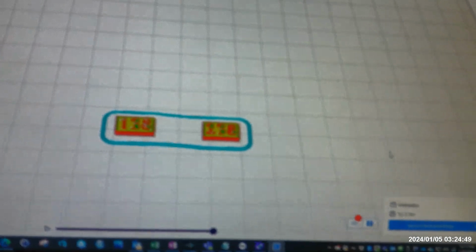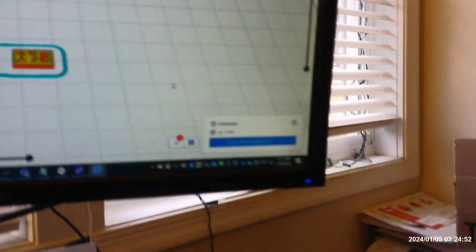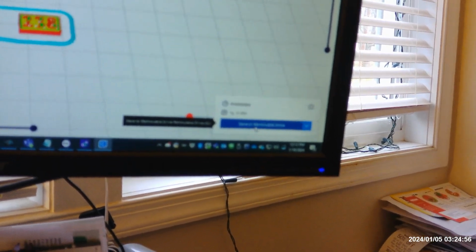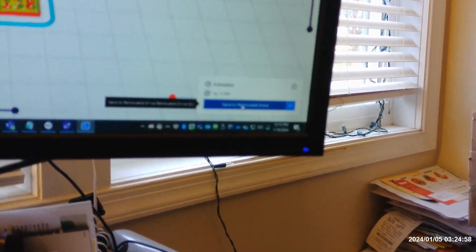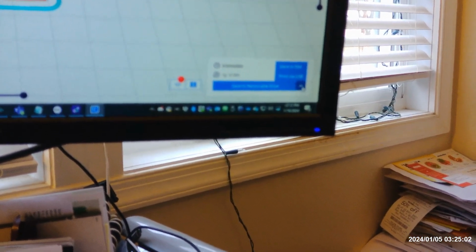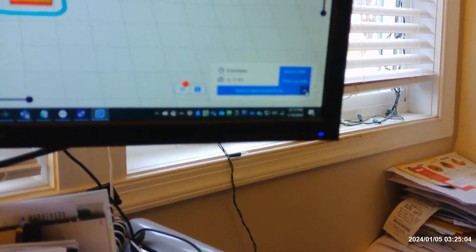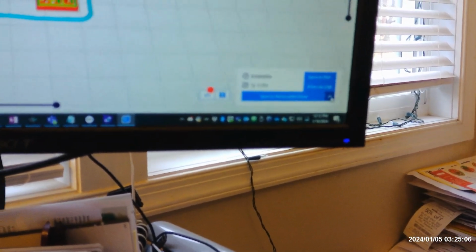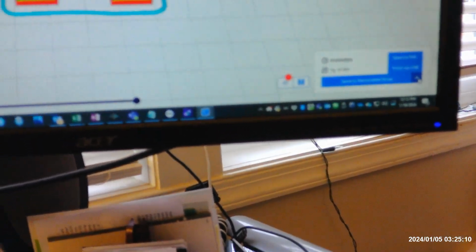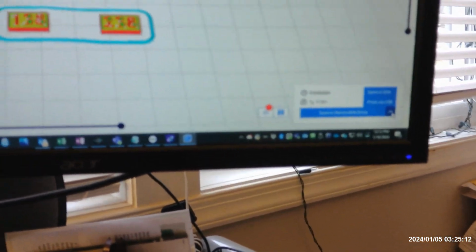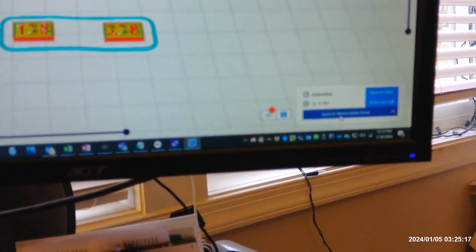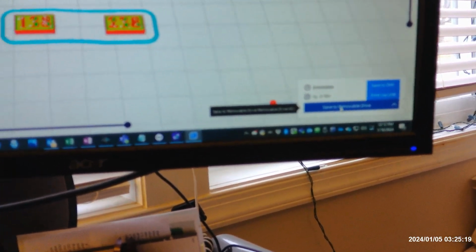Now, down here we have save to removable drive. The other options are save to disk, print to USB, because my computer is plugged in directly with a USB cable to the Vyper, and that's required in order to do this process. So what we do is we save it to removable drive,